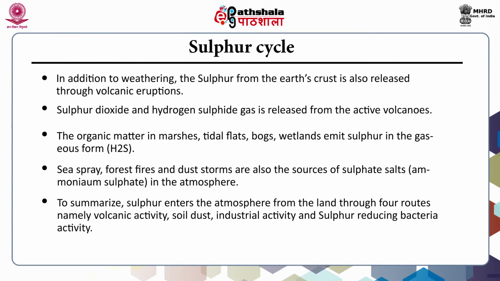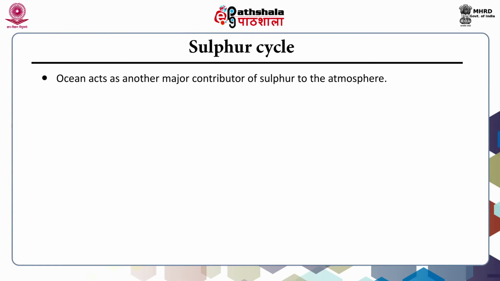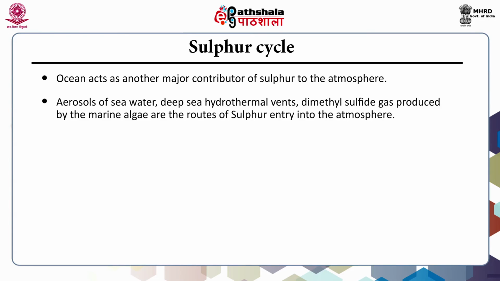Now, sulfur enters the atmosphere from the land through four routes, namely the volcanic activity, soil dust, industrial activity and sulfur reducing bacteria activity. Now, ocean acts as another major contributor of sulfur to the atmosphere. Now, the aerosols of seawater, deep sea hydrothermal vents and the dimethyl sulfide gas that is produced by the marine algae are the major routes of sulfur entry into